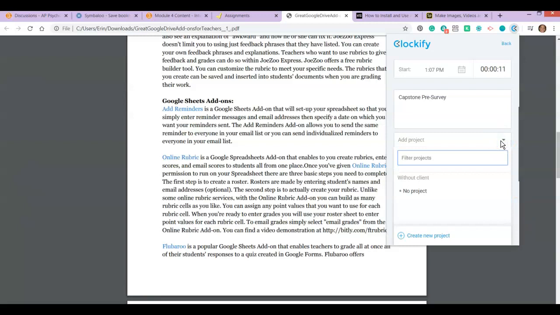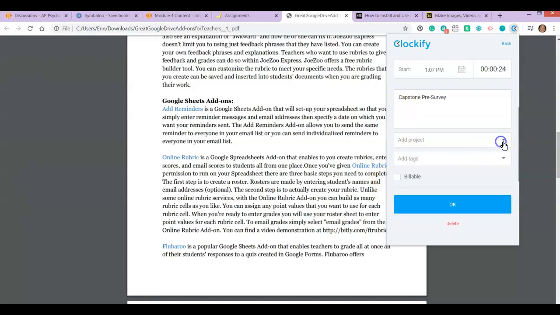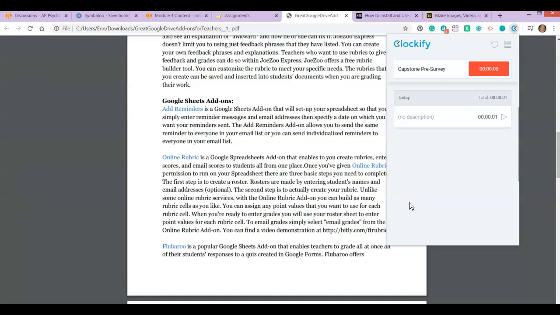You have the option to add it to a project. Right now I just added this extension, so I don't have projects, but later on I'll probably filter that and add a capstone folder. Then you also have the option of adding tags, and then I guess if you were using this with your work and it was something you needed to bill, you could click billable. But anyhow, say I finished my survey. I'm going to click OK, and then I'm going to stop,